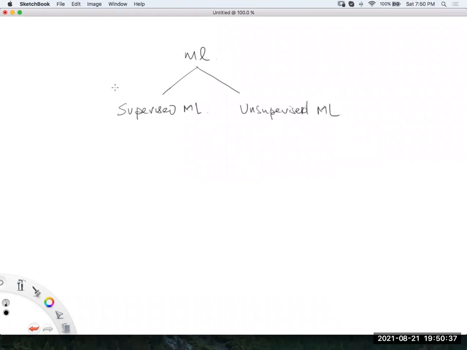In supervised machine learning, you have access to the data set which contains features as well as labels. In unsupervised machine learning, you have access only to features, okay? That is there.